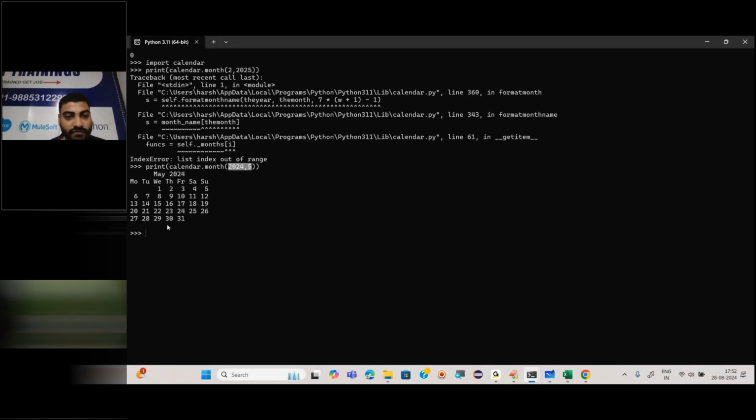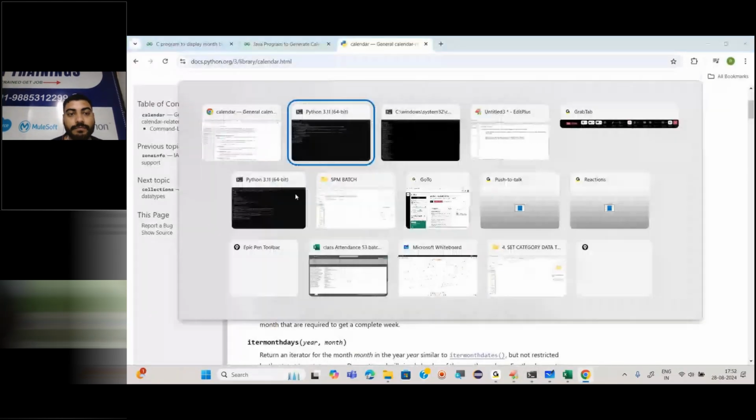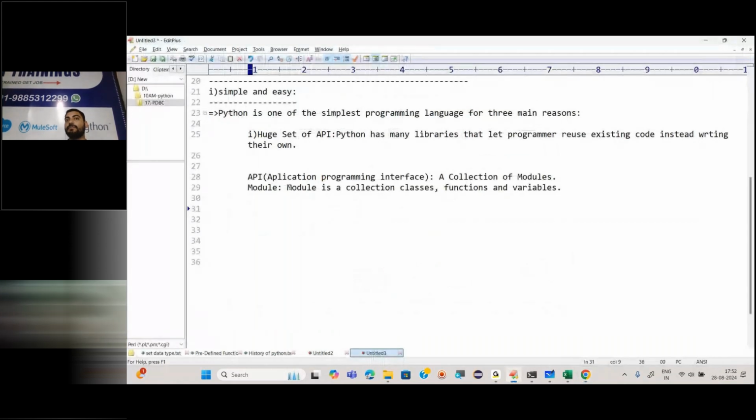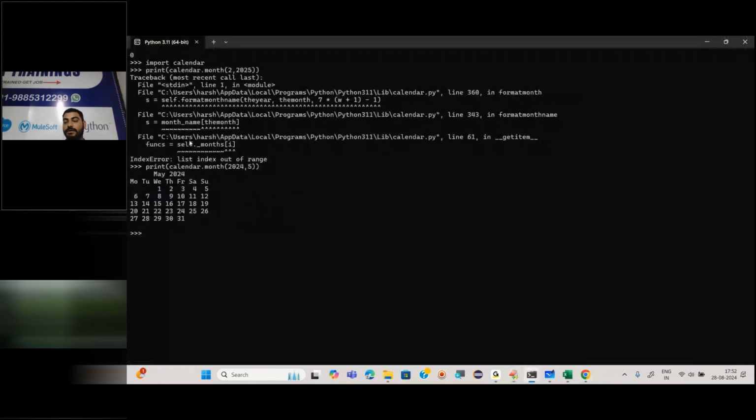Now one more time, read this particular note. A module is a collection of classes, functions and variables. Check how it is a collection. Are you getting it?